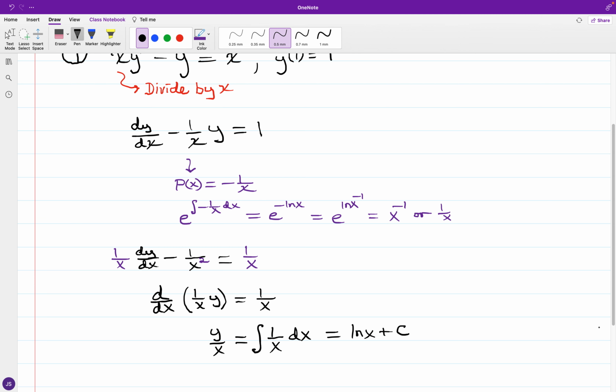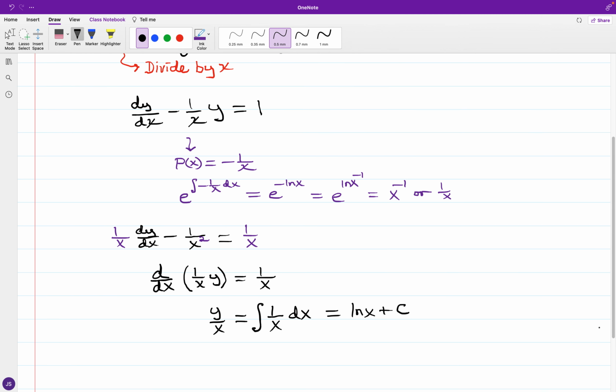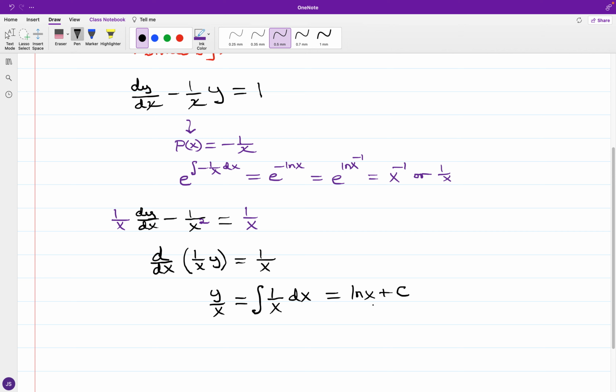Looking at what we have now, you have y over x is equal to the natural logarithm of x followed by the constant, and multiplying by x, you have y is equal to x times the natural logarithm of x